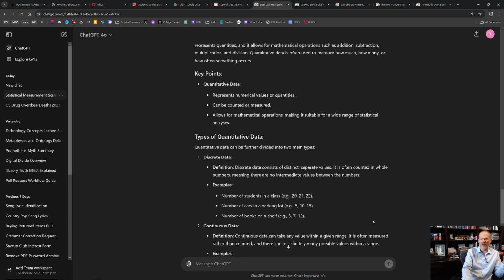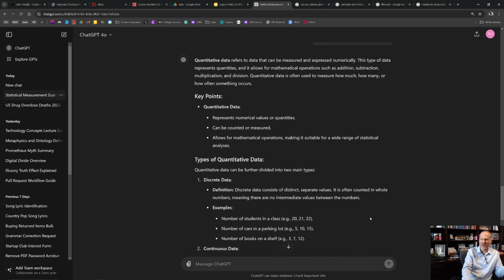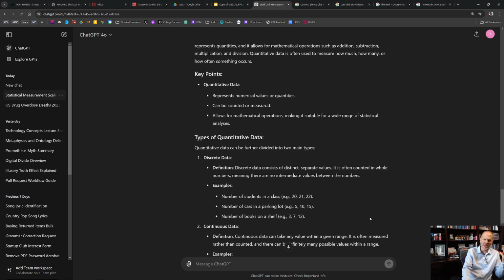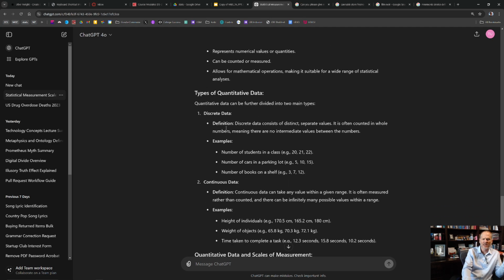So really we're thinking about the different types of data, the different ways we can measure things and categorize things. Nominal, ordinal, interval, ratio, qualitative, quantitative. Qualitative is nominal and ordinal, quantitative is interval and ratio. And when we deal with quantitative data, it can be discrete and it can also be continuous. So discrete is 1, 2, 3, 4. Continuous is 1.78366492. Right? That's continuous. It's some fraction, right?